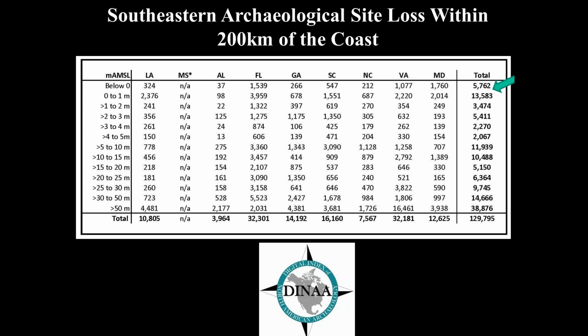Large numbers of recorded sites are within 1-meter vertical elevation of modern sea level, and generally to within 1 to 3 meters. Interestingly, however, the numbers drop off markedly above 3 meters across the region. Large numbers of people in the southeast thus appear to have lived in close proximity to the coast in recent millennia, at least in terms of elevation. The same trends are true, as we shall see, with modern populations.